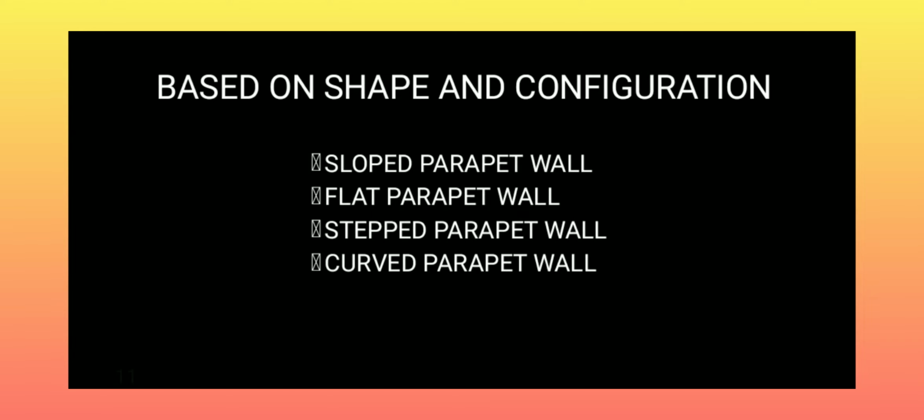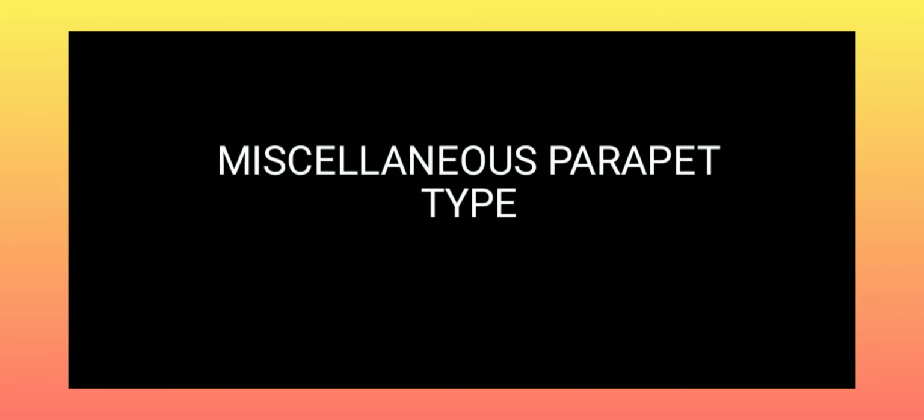It is recommended for both flat and inclined rooftops. And the third type of classification is based on miscellaneous parapet type. The above mentioned types are replaced by modern types because of their dominance in all criteria such as safety, appearance, economy. Modern types are fiberglass parapet, parapet with steel railings, etc. Glass or steel railings can be provided in the pierced portion of a perforated parapet for better aesthetics. Such a type is called composite parapet walls.